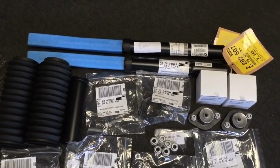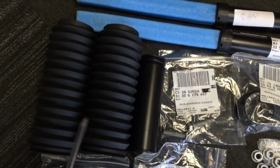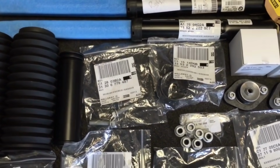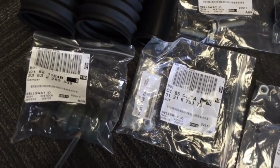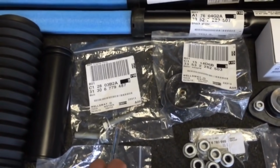Here's another order of genuine BMW bits for the CSL rebuild, shock absorber related at the moment. So rear shock absorbers, front shocker piston covers, and there should be 2 rear ones. We're waiting for 1 more to be delivered. Rear dampers or bump stops that go over the pistons, and in front pinch bolts for the strut,